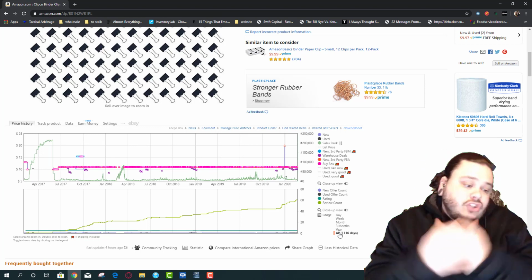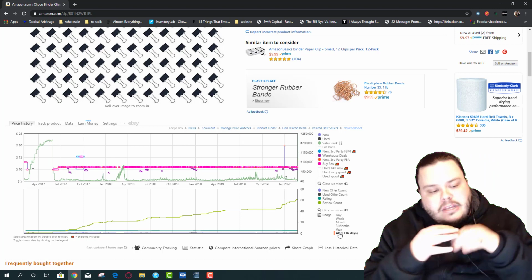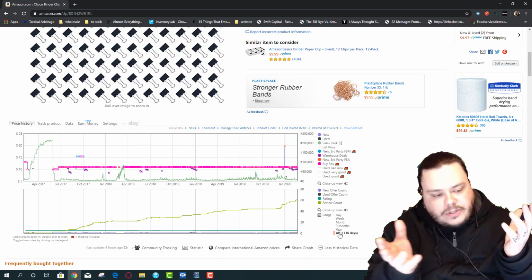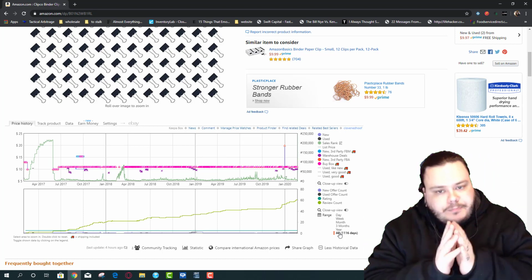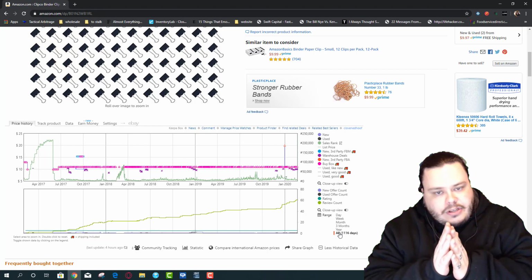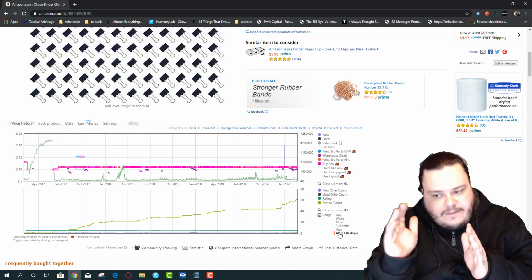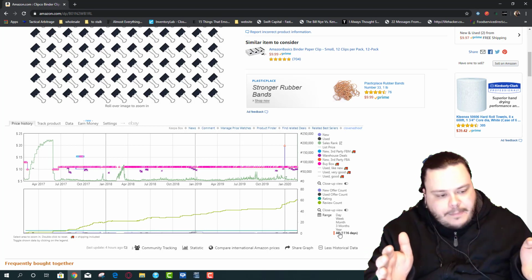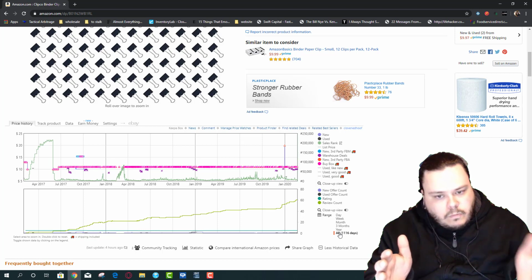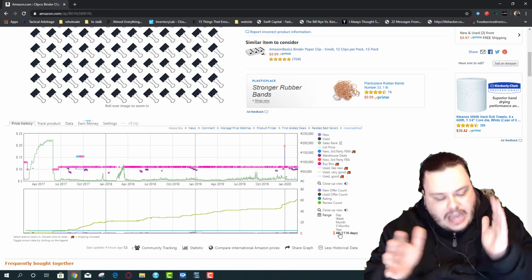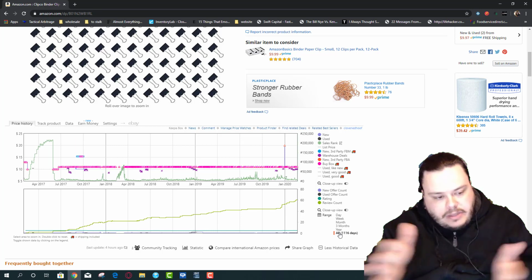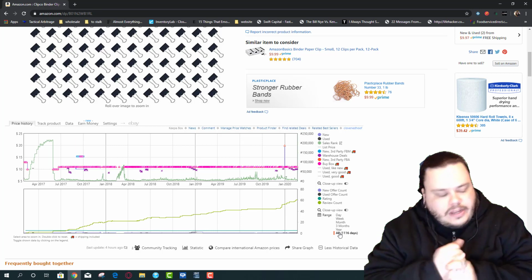Keepa scrapes Amazon, so they look, what's the rank for this product? What's the number of sales? Well, if they scrape at 5 o'clock at night, and the sale happened at noon and they were in stock at noon, that could be why it doesn't quite line up.